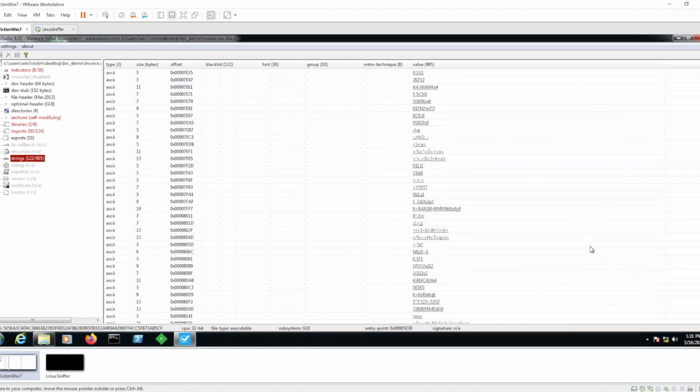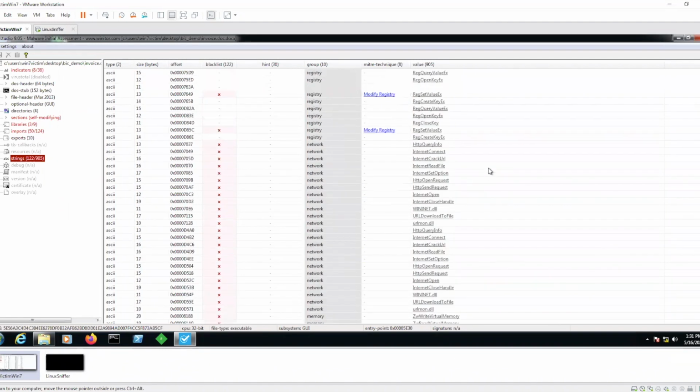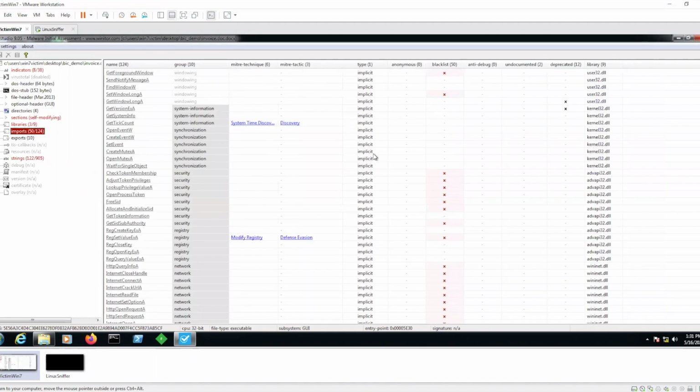So that's just a wealth of knowledge within the strings. And again, strings are just ASCII characters that are embedded within the malware that we can look at and try to deduce some type of functionalities from, okay? A lot of pertinent stuff that we should be writing down in our analysis. Next, we'll move on to our